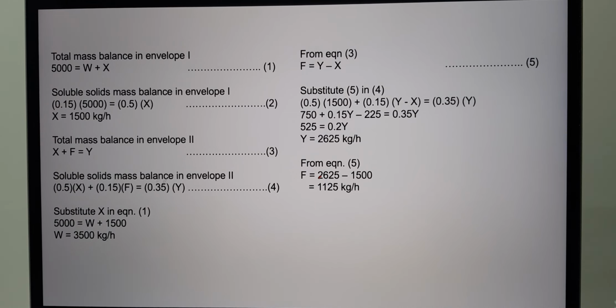Whereby for the soluble solid mass balance for system number 2, for the X channel it is 50% soluble solid, plus 15% of F being added into system number 2, whereby we want to mix these soluble solids and this particular soluble solids. So the end product should have 35%, 0.35 of soluble solid in